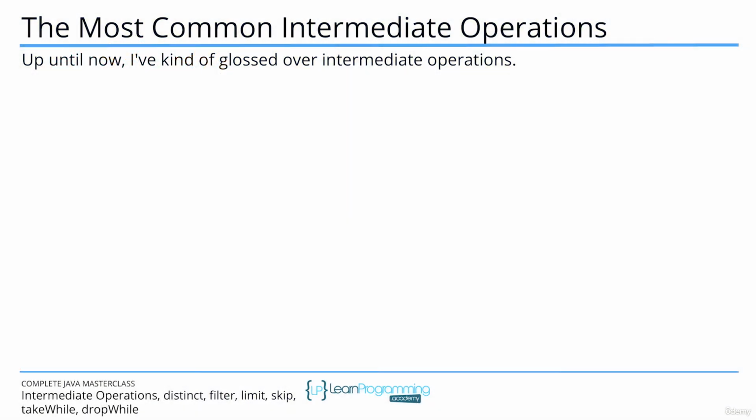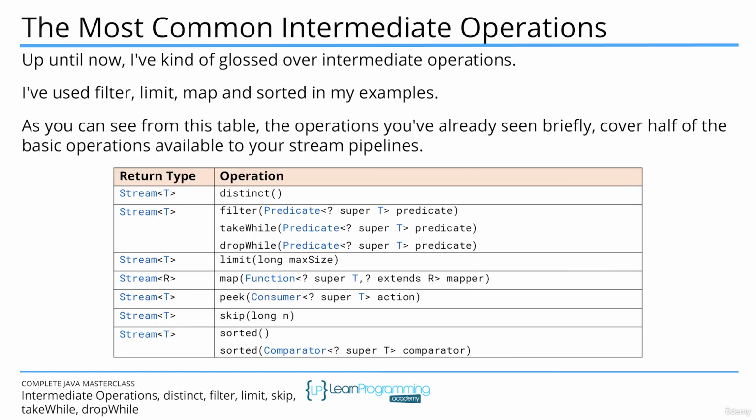Up until now, I've kind of glossed over intermediate operations. For one thing, most aren't that complicated or difficult to understand. I've used filter, limit, map, and sorted in my examples. I also showed you a quick example of using distinct in the last challenge. As you can see from this table, the operations you've already seen briefly cover half of the basic operations available